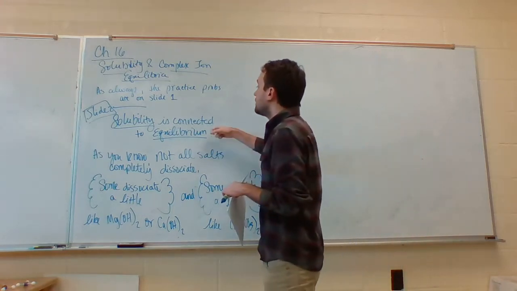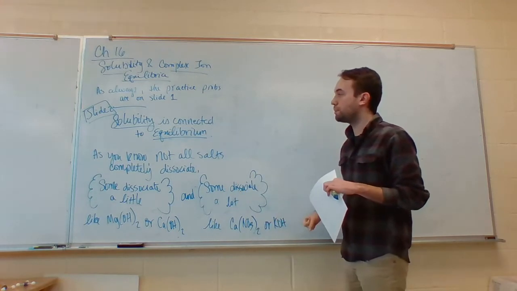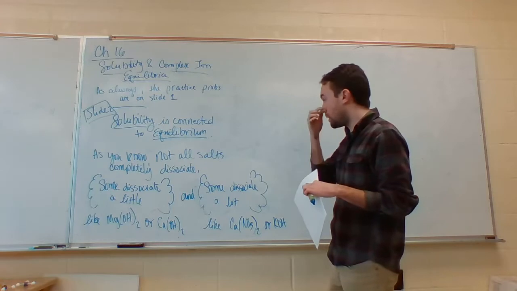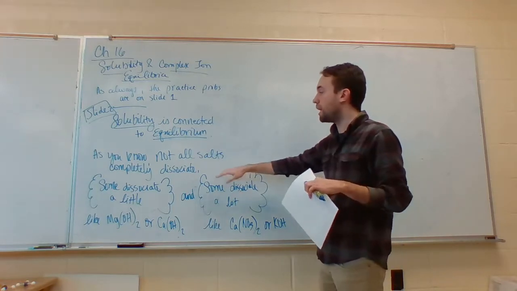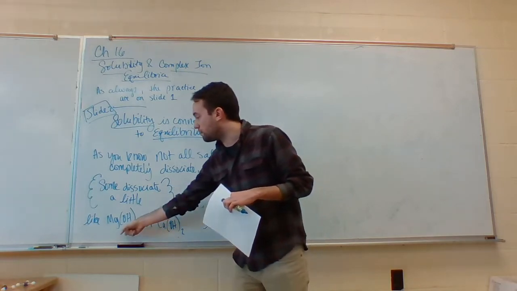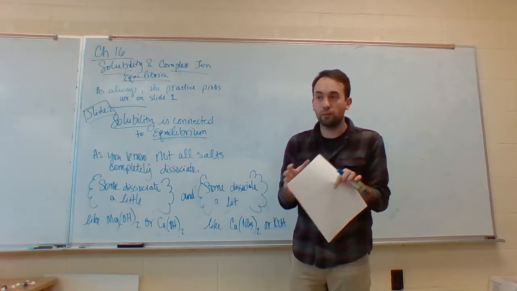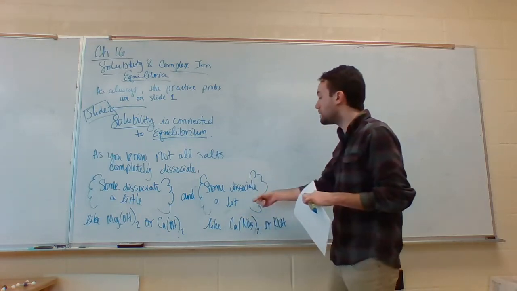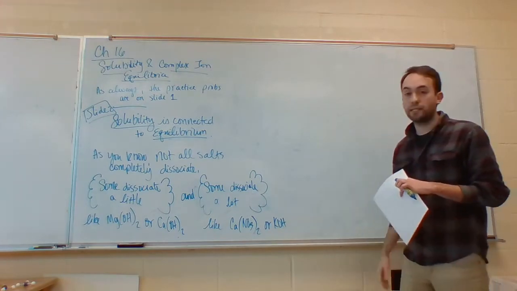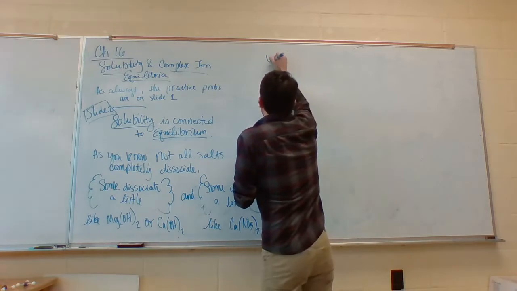All right, transitioning to our slide 2, solubility is connected to equilibrium. As you know, not all solids are going to be completely soluble. They're not going to completely dissociate, right? Some will dissociate a little bit, like magnesium hydroxide or calcium hydroxide. Those are going to dissociate only a little bit, so they're not very soluble. And then some are going to dissociate a lot, like calcium nitrate or potassium hydroxide. Now, when a solid